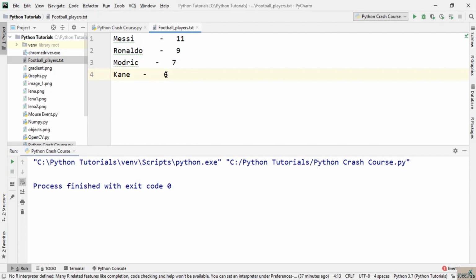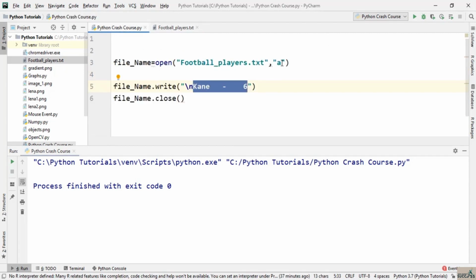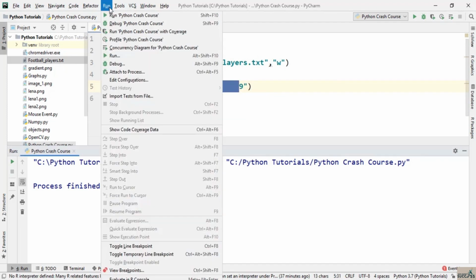Now let's say that you set the mode to W, which means that we want to write something to a file. The difference between write and append is that append inserts the record at the end of the file, while write overwrites that file. So in here, let's store something else, for example the name of a female footballer, her name is Kelly, and let's say that she scored 9 goals in the last season. Now it will overwrite this whole file and only put this thing inside this file. So now if we execute this code,